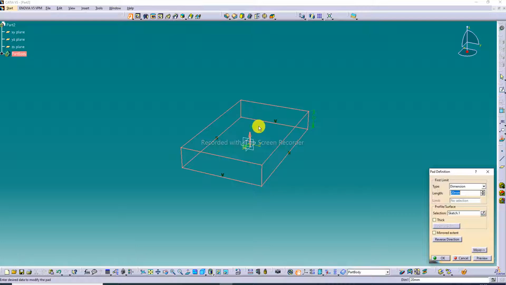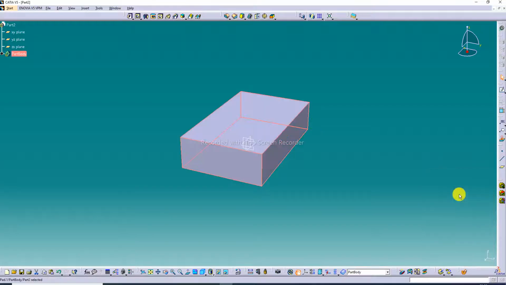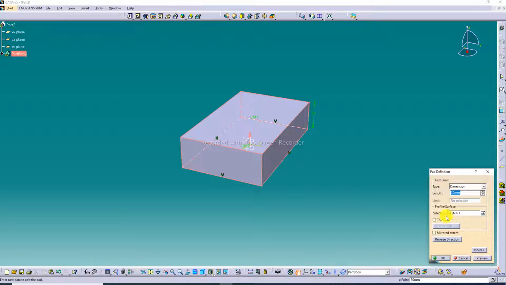LIM1 means limit first, and this is limit second. The length is increased, the value is 30. This is a pad, and this is a 3D part, a 3D object. Double click here, and again you can see